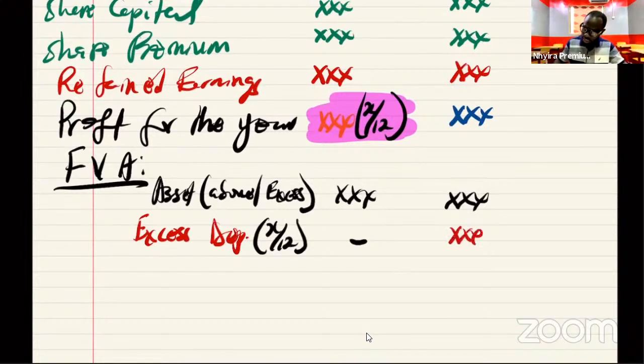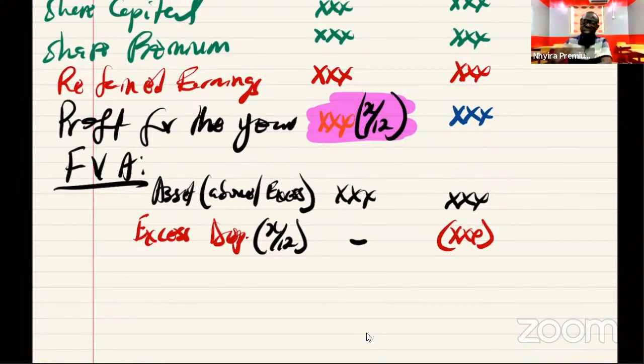And that will be subtracted here. I hope you are getting the picture so far. So if it is excess or above, it means the subsidiary had understated its assets. So since the subsidiary had understated its assets, the difference will now be added back to the net asset at acquisition and net asset at the reporting date.